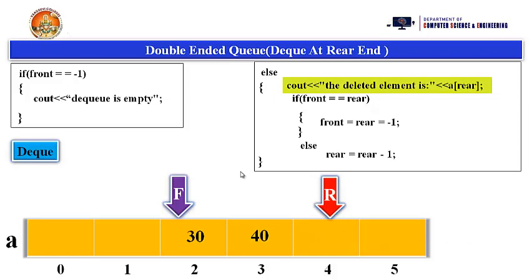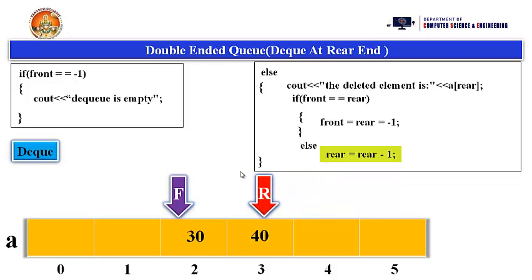After deleting the element, we need to check the condition whether front and rear values are equal. So what are the front and rear values here? Front is pointing to the second index position and rear is pointing to the fourth index position. Both are different. Condition false. Then go to the else part. What is the else statement? Rear equal to rear -1. So when you dequeue the element at front end, after deleting the element, we need to increment the front value. And when you dequeue the element at rear end, after deleting the element, we need to decrement the rear value. That is the key point here. Then we decrement the rear value. It is moving to the third index position.